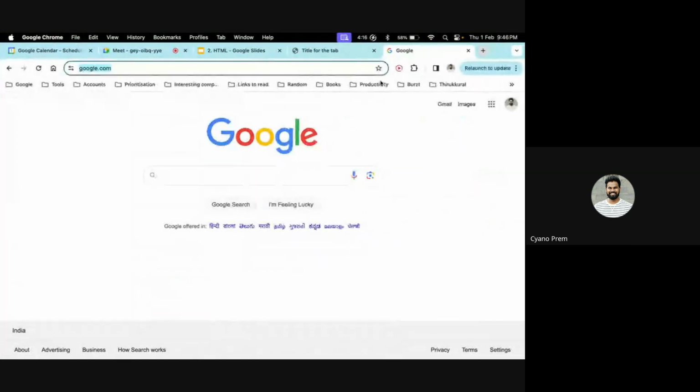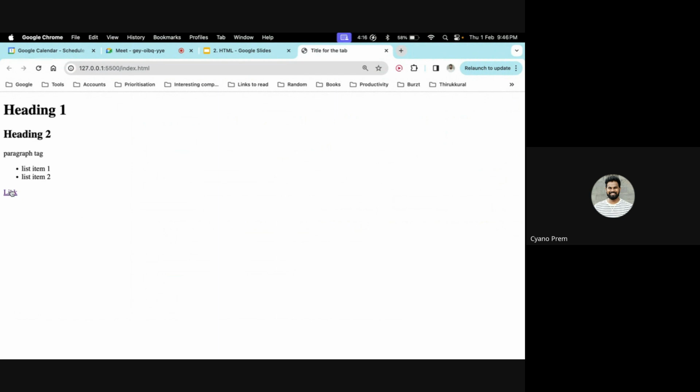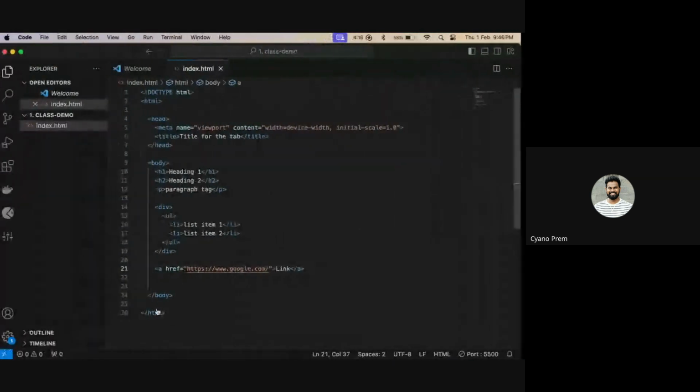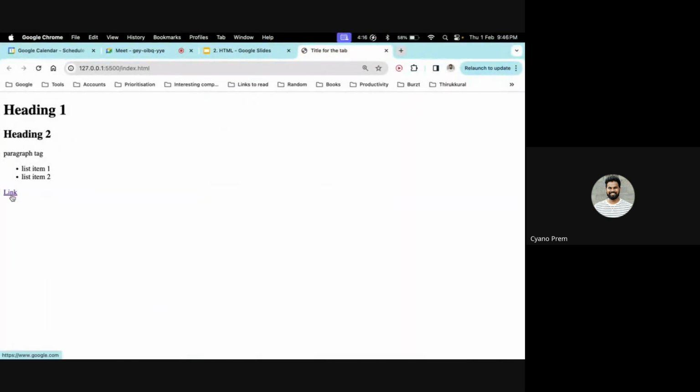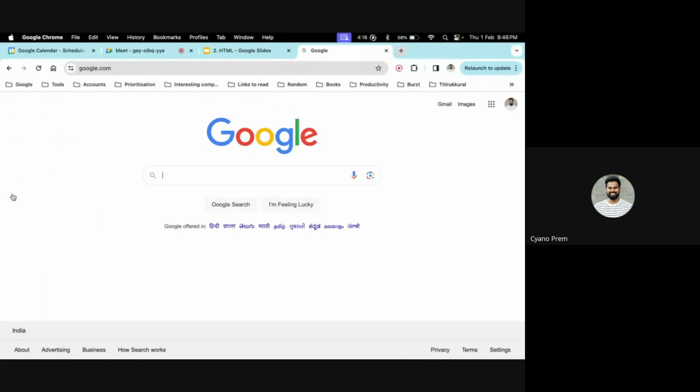If you see the website, the text is showing as link. The text which we have given inside the anchor tag is link, and it should link to google.com. So if I click on this, it should take me to google.com. Okay, now I'll go back.